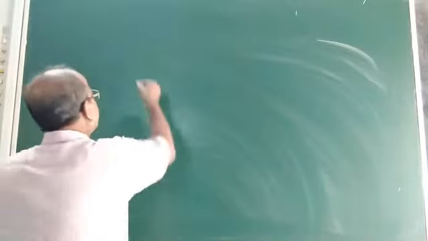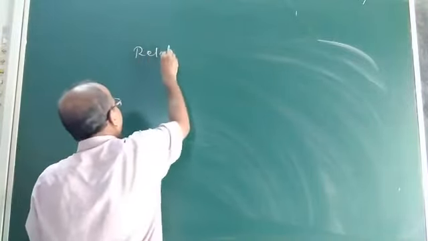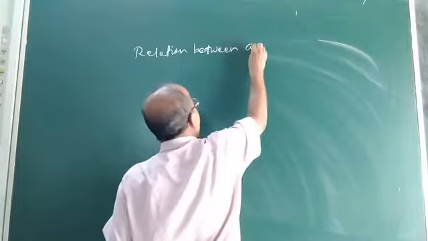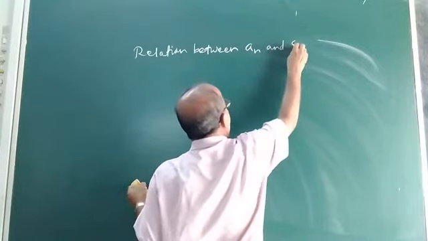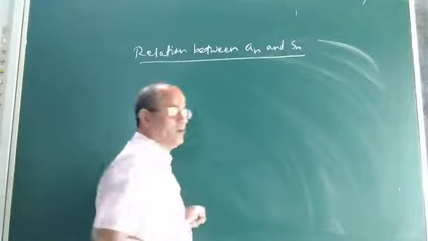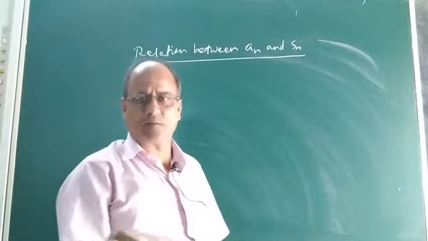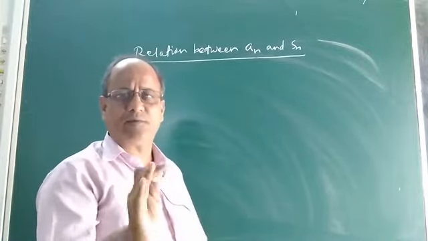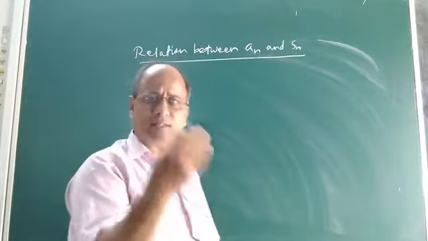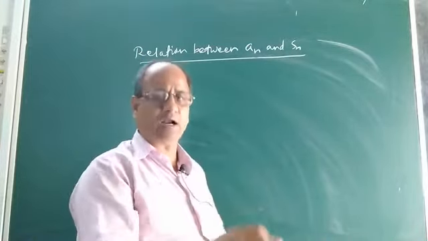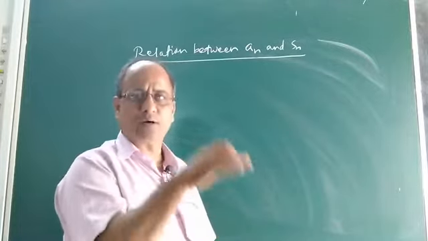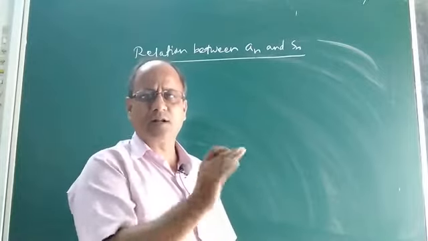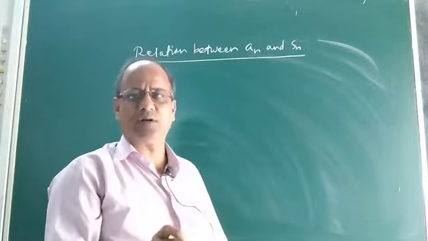So relation between your an and Sn. You see, what is an? You know, an is the nth term of the AP or general term of the AP. And Sn is your sum of first n terms of the AP. That means if you are given the AP, how to find its nth term or general term from the beginning and how to find the sum of first n terms. What is the formula to find an and Sn? It was discussed. Let us establish the relation between an and Sn.